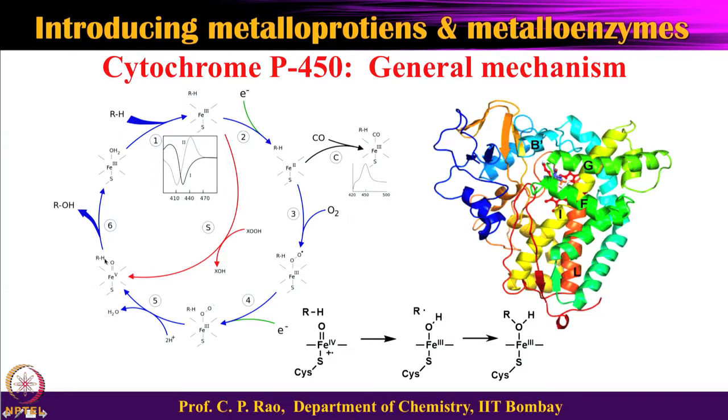This oxo species is a very active species, it will immediately add to the substrate, and the substrate RH becomes ROH and then returns back. So, in all this, from here the steps are very fast. This part and this part are very fast. The first part is the first electron and the O2. These are somewhat slower in step,